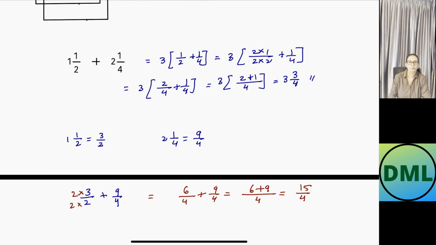As this is an improper fraction, you have to write the answer in the mixed fraction form. Let's divide 15 by 4 here. 4 4s are 16. 16 is greater than 15. I can't take that. 4 3s are 12. Let's write 3 here and 12 here, and your remainder is 3. To write it in the mixed fraction form, my quotient is 3, which is the complete whole, and 3 by 4. That will be my answer.